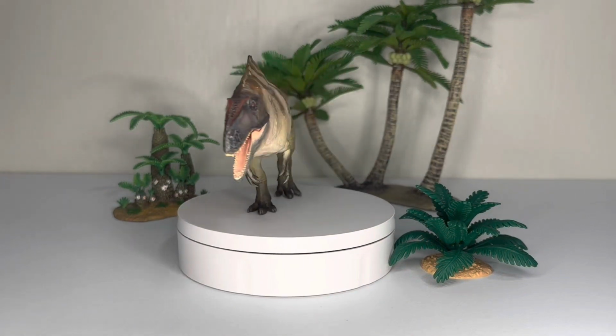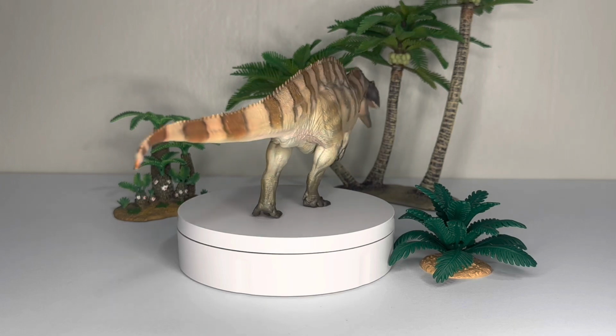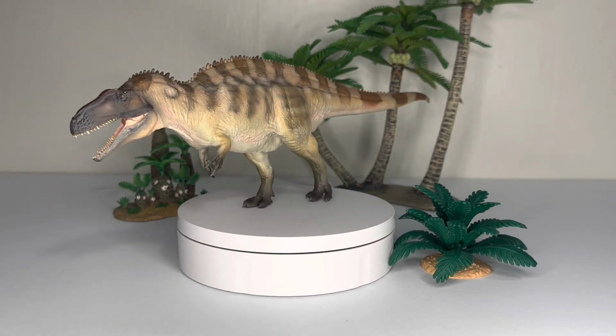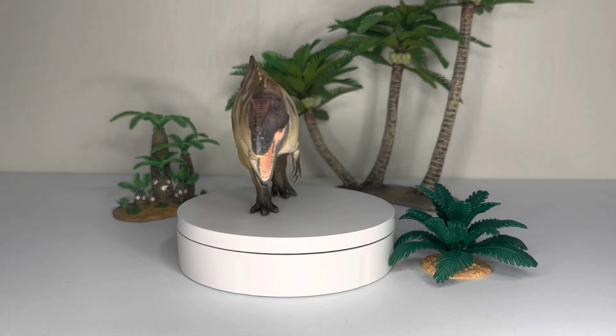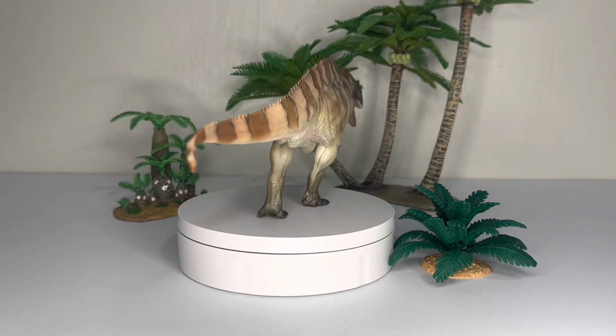So just to round out the review, with a 5 in all 3 categories, Mr. Acrocanthosaurus is taking home a 5 for this final score. Couldn't be happier with that. Of course, this is one of my favorite dinosaurs, so I'm sure I'm not biased at all. You can see he is just absolutely stunning. I couldn't be more thrilled to have this guy in my collection, and I'm so happy we finally have a